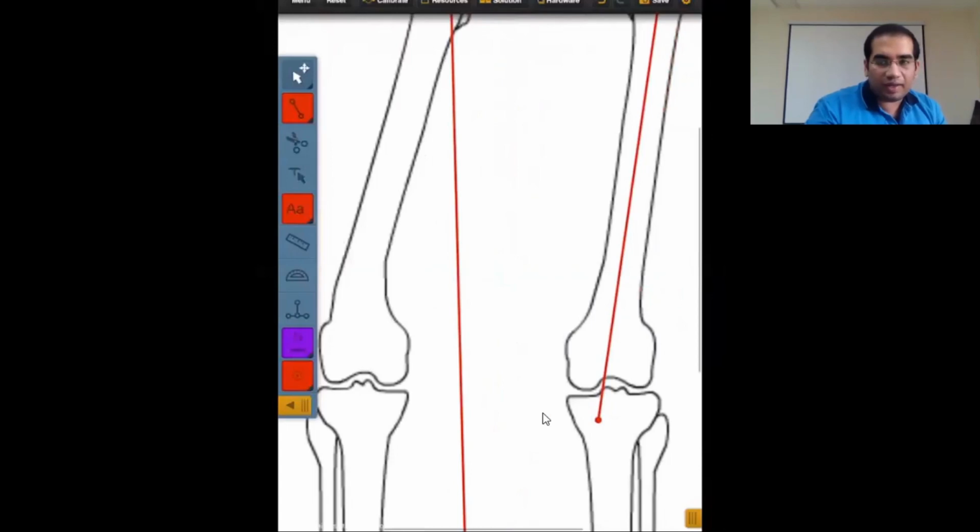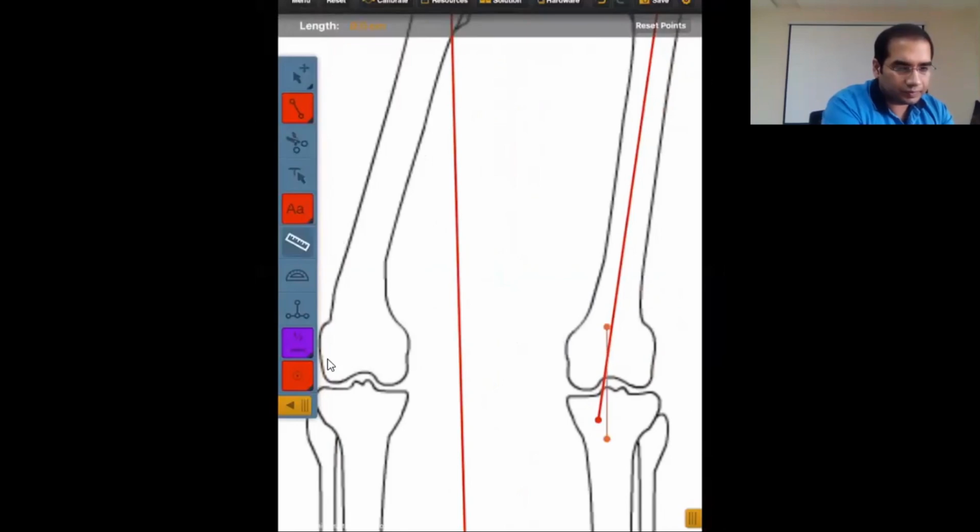Ideally, you should measure the distance from the center,